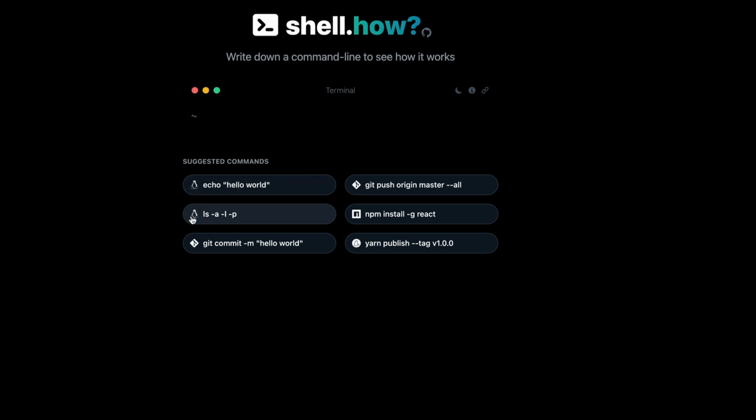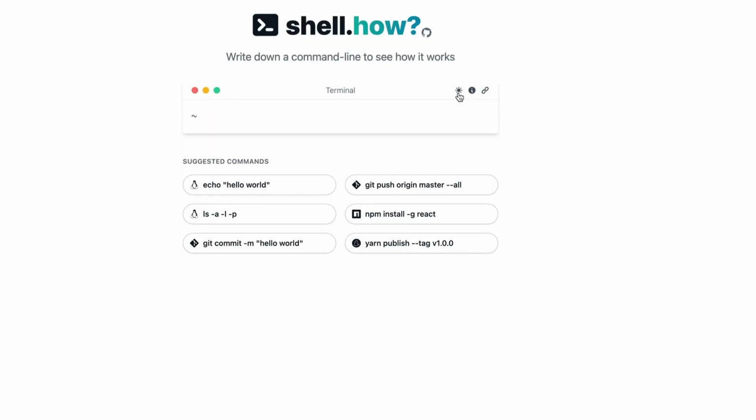You have icons indicating, oh, maybe this is a Linux command, this is a Git command, this is something related to npm. So you have all these amazing things available for anybody who is going to try it out. And again, as I just showed, you have a light and dark theme. So overall, I believe this is an amazing application, and anybody who wants to try it out, especially if you're trying to build your shell knowledge, just add this one step to your existing programming workflow where you copy something from Stack Overflow and, rather than pasting it directly into your code editor, like VS Code or Sublime or whatever it is, just paste it here. You would understand, and it would improve your workflow.